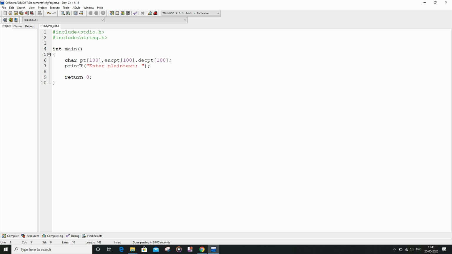And now we will input the plain text. Get as pt. And then we will call one function called encrypt. And after calling the function, we will store the returned value in the encrypt character string variable.